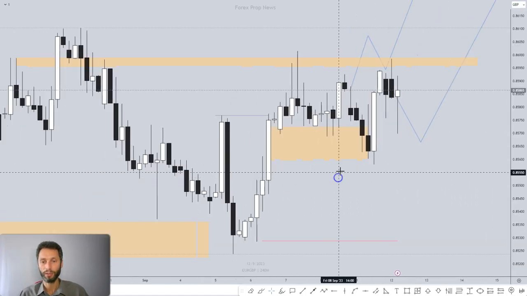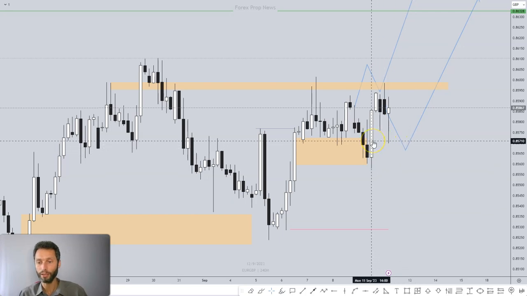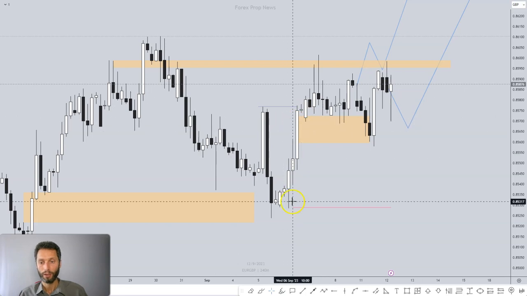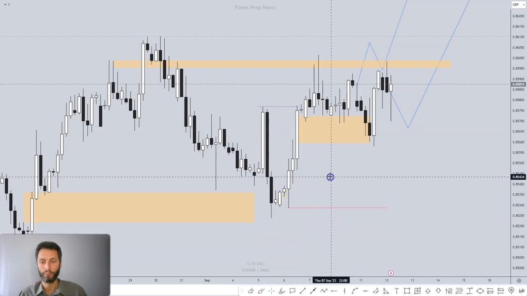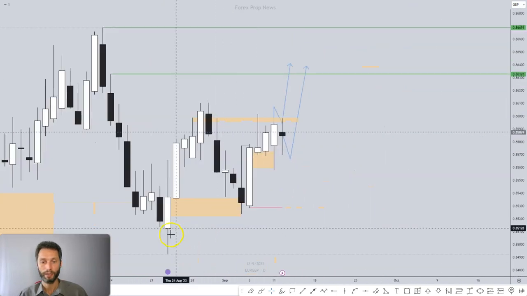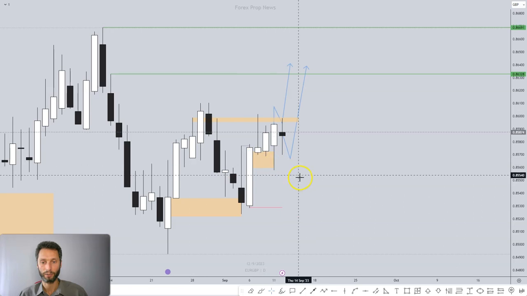Euro pound, interesting one. Euro pound already shifting. We do have euro and pound news early in the week. We had it earlier today, this morning, and I believe yesterday as well. So here, what have we got? Yep, we have our validation point that we looked at. Just a quick look on the daily, just for clarity. Here was the turnaround. Here was the entry point that we looked at, and here was the next possibility there.